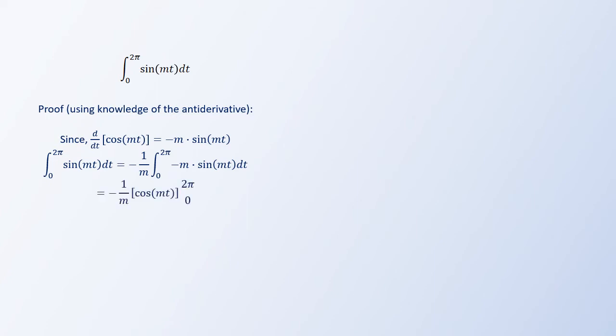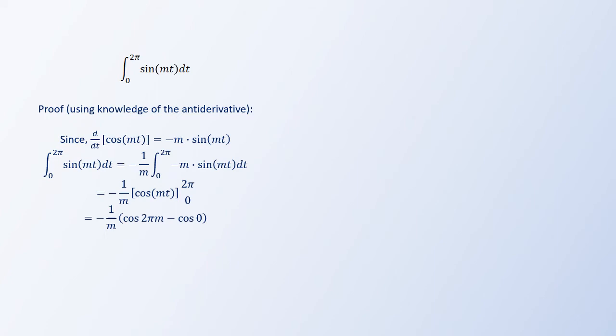So knowing that the antiderivative of negative m sine mt is equal to cosine, we can simply say that the integral from 0 to 2 pi of negative m sine mt is just the cosine of mt. And since it's a definite integral, we evaluate that from 0 to 2 pi. So that's going to be, again, negative 1 over m times the cosine of 2 pi m minus the